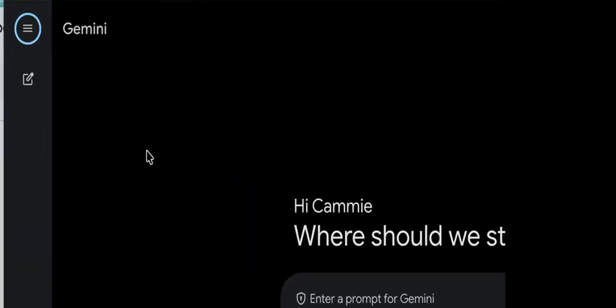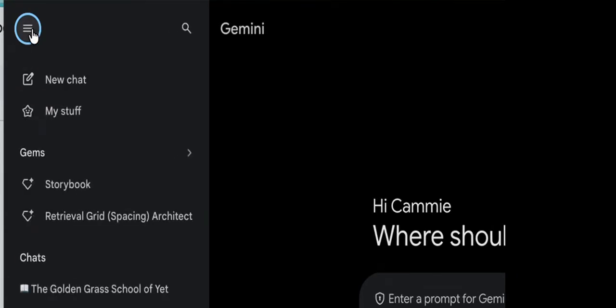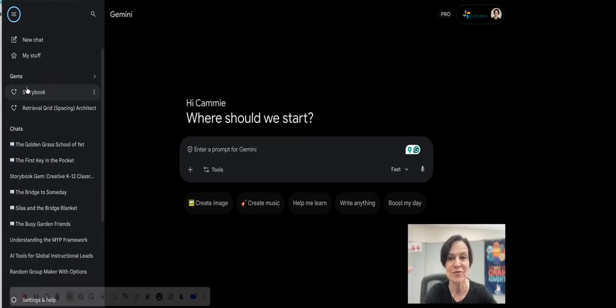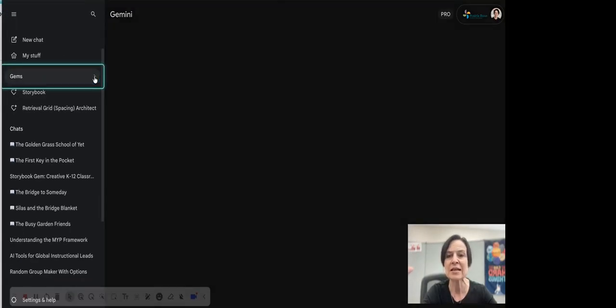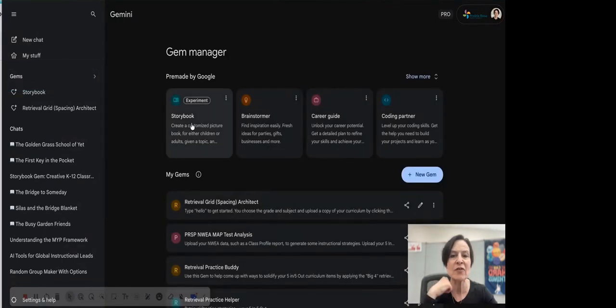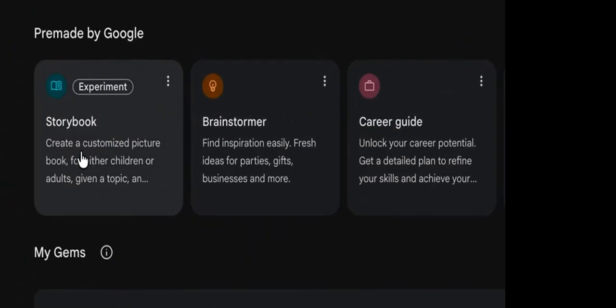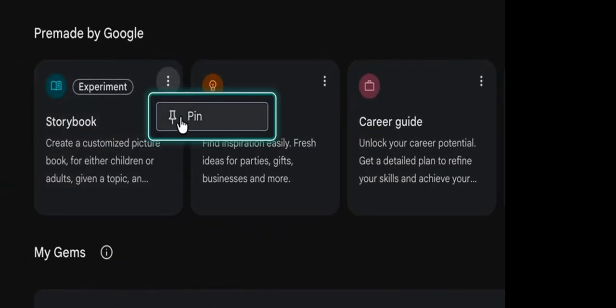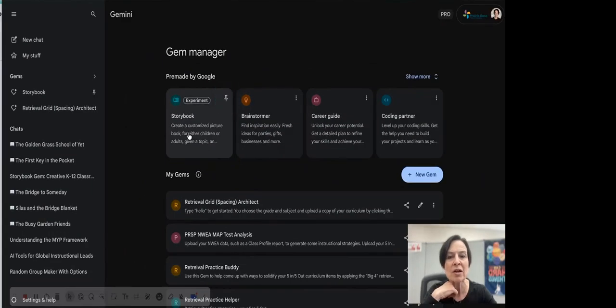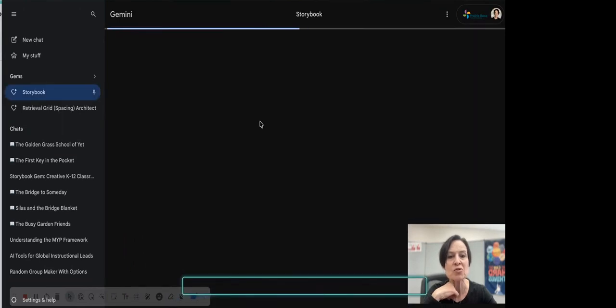When we come to Gemini, we're going to go to the top left-hand corner, click on the hamburger menu, and pick under Gems. My StoryBook Gem shows up there because I've used it a fair bit. If I just click into Gems, you might have to do that. The very first one under Premade by Google is usually the StoryBook Gem. So we can choose to pin that, or we can just open that up and we'll get our StoryBook Gem